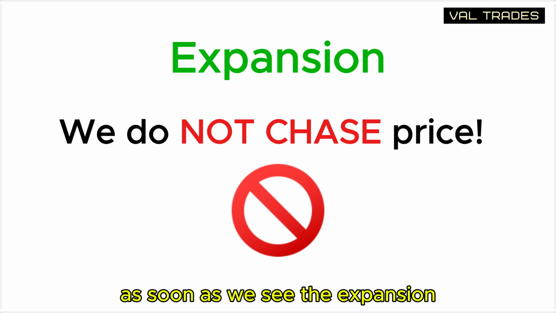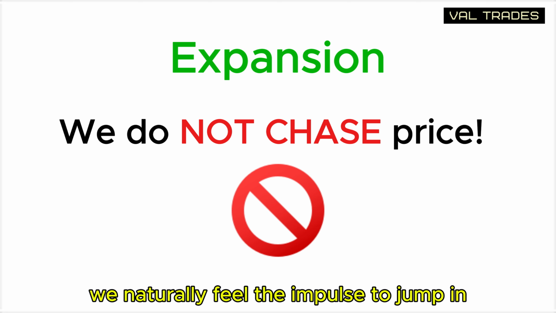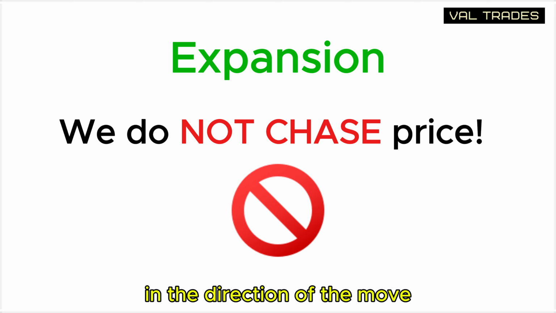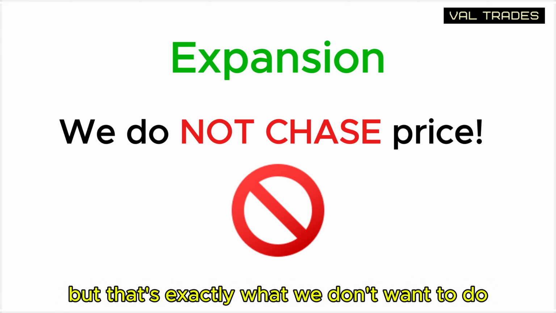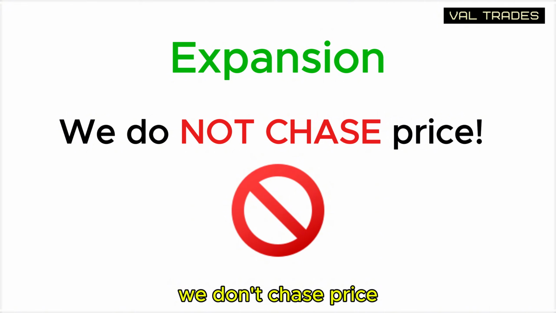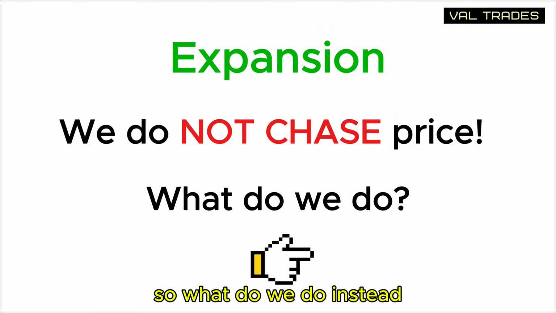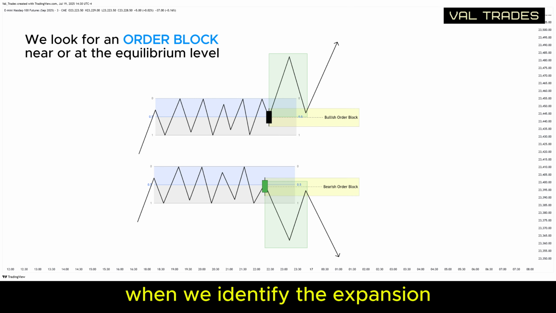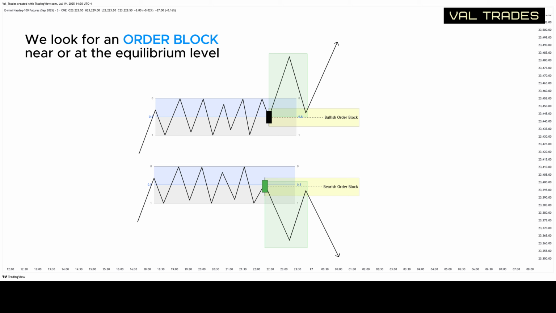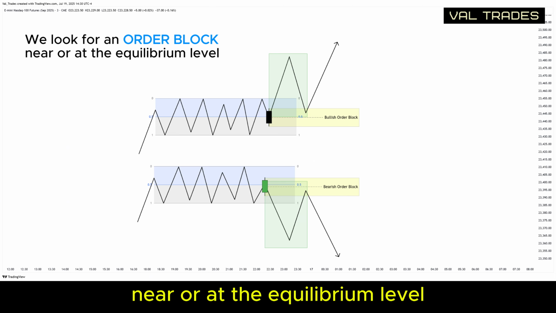As soon as we see the expansion, we naturally feel the impulse to jump in the direction of the move. But that's exactly what we don't want to do. We don't chase price. So, what do we do instead? When we identify the expansion, we look for an order block near or at the equilibrium level in the direction